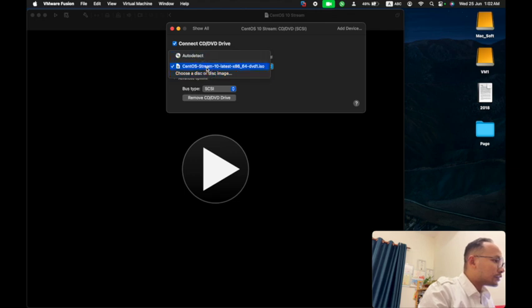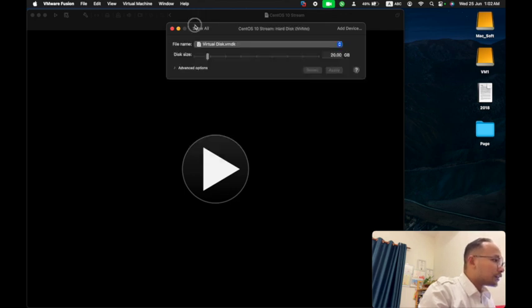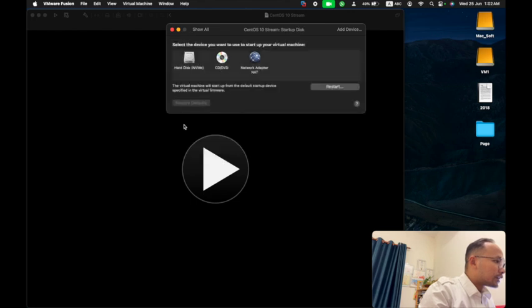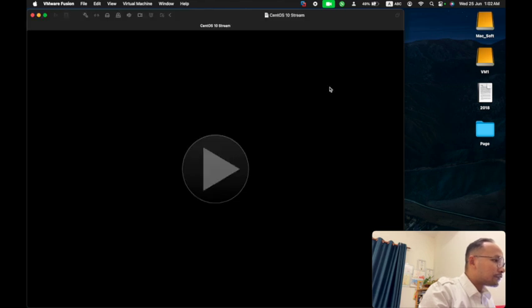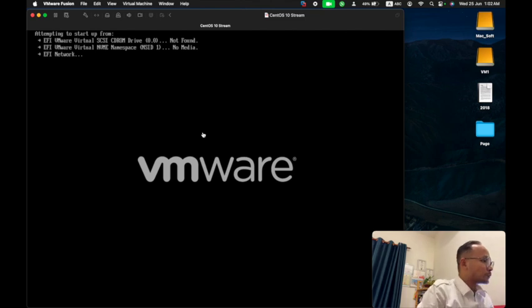Let's see together. It still cannot boot, you see? So the solution is we need to change the hard drive connector to IDE.